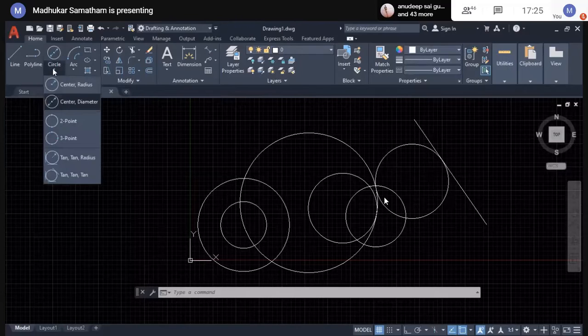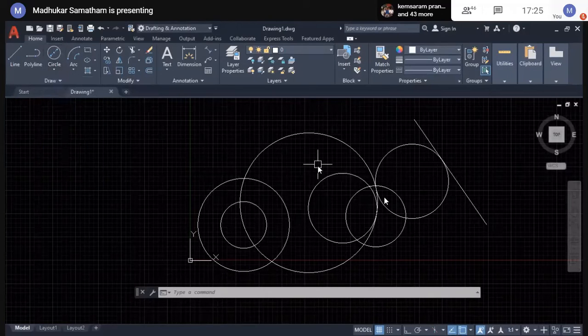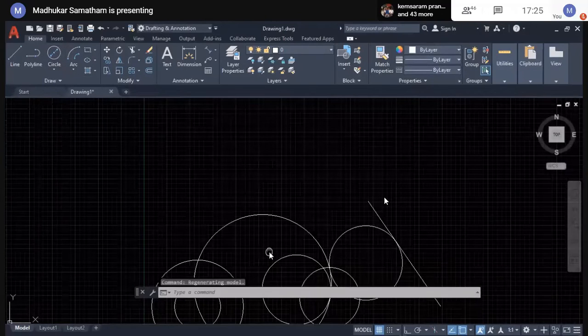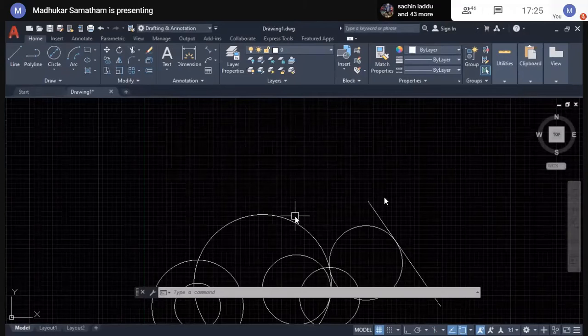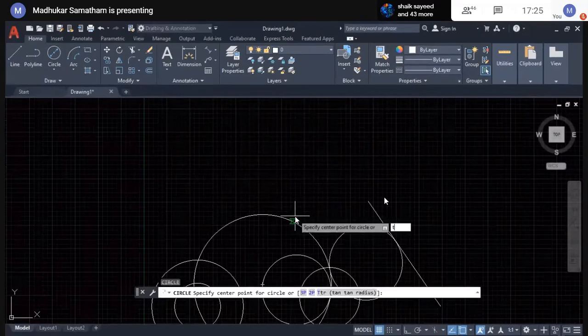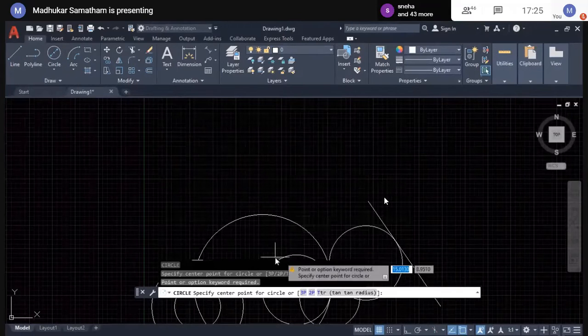Now tangent, tangent, tangent. As I told you in the last class, press the scroller button, pan, move up, down, right, left, whatever it could be. Type C, T. First tangency is this one.